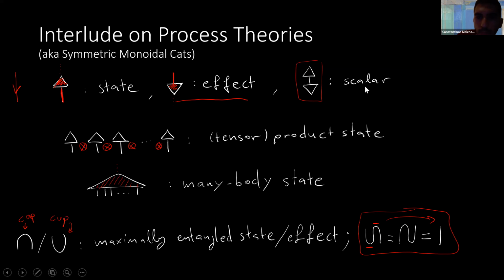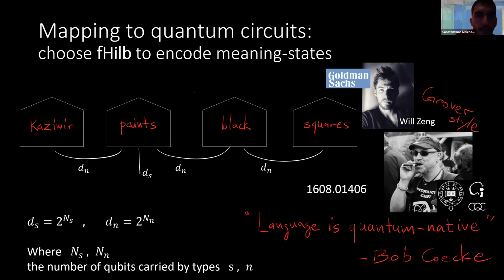Okay, let's go. The first QNLP paper was by Will and Bob. Basically, what they want to say with this paper is that language is quantum native, as Bob repeats. So take this sentence. This is its meaning vector. But you have to imagine that